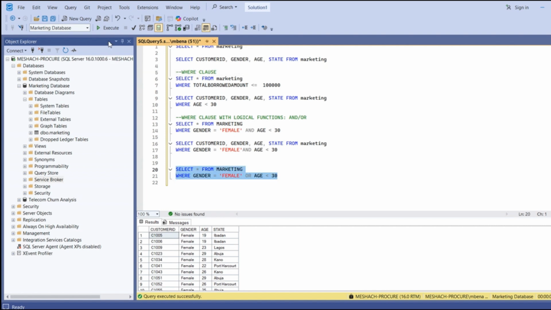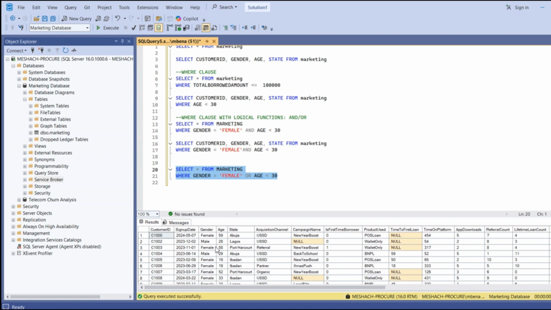So if I select this and execute it, you'll see that we have female, but the age is 59, which is above 30. But because it's female, one of the conditions is being met, and so it still returns the value. Now this is male, and we are saying that we only need female, so why is it returning this? It's returning this because this person's age is below 30, and because of the OR, one condition has to be met, and this condition is met. So yes, this is how you can use the AND and the OR clause with the WHERE